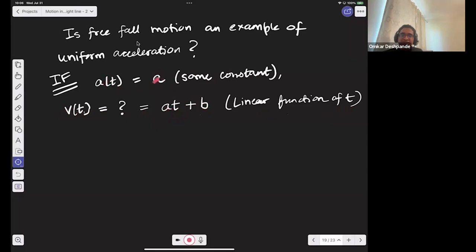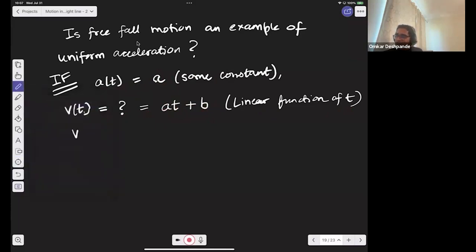Now, if a is my acceleration, I know what this a is. I know t is time. What is this b? If at all there is a b in the velocity function, how can I find out what b is? Well, notice one thing: if I put t equal to 0 on both sides, I'm going to get